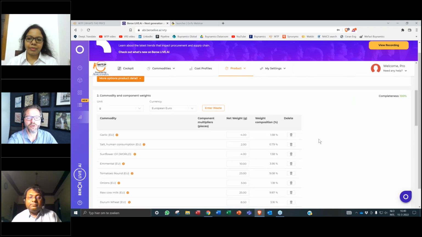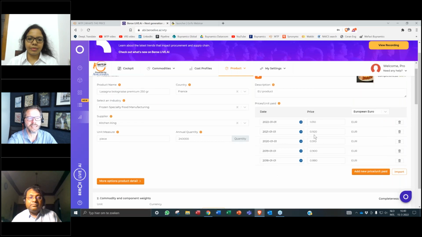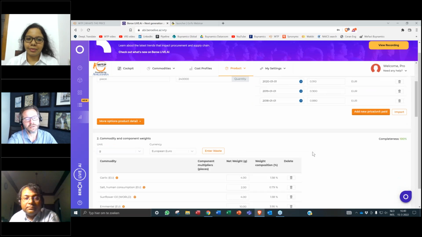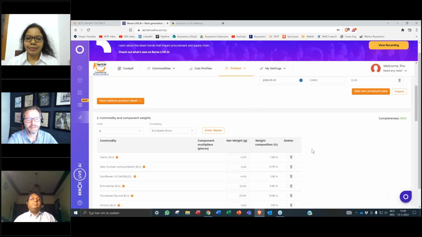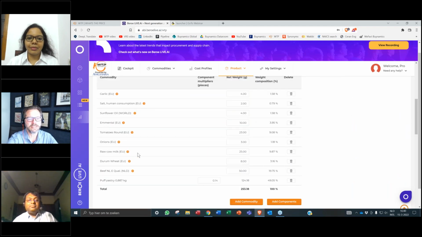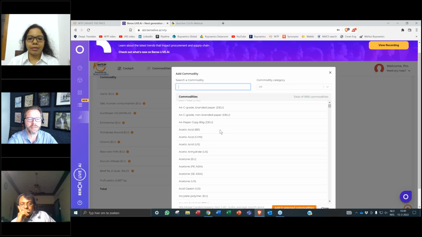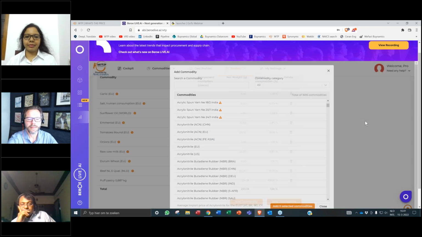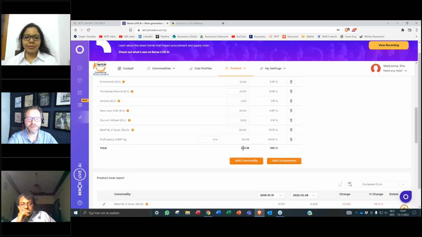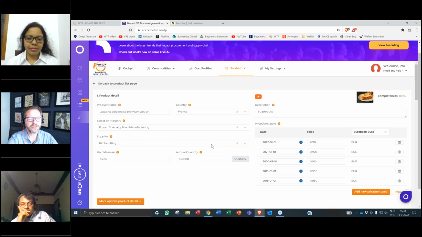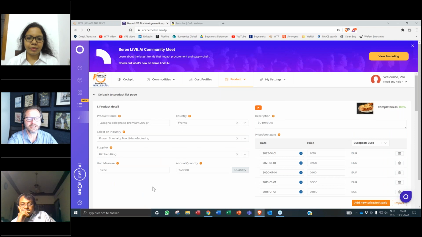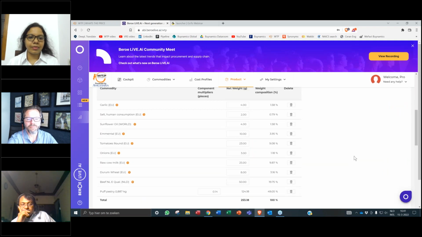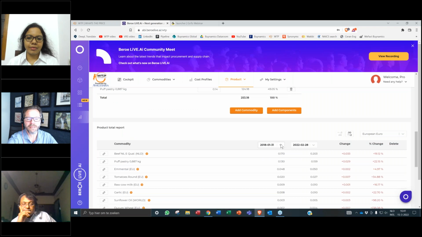And then it's just a matter of looking at the bill of material. And frozen lasagna, that's a challenge. On the other hand, it's on the packaging. So it will tell you which ingredients with which number of grams are in this product. So you simply add all the ingredients from the database, a bit more than 250 gram, and that's all you need to do. So it's a matter of selecting the country, selecting the industry, adding the bill of material, and then the system will tell you